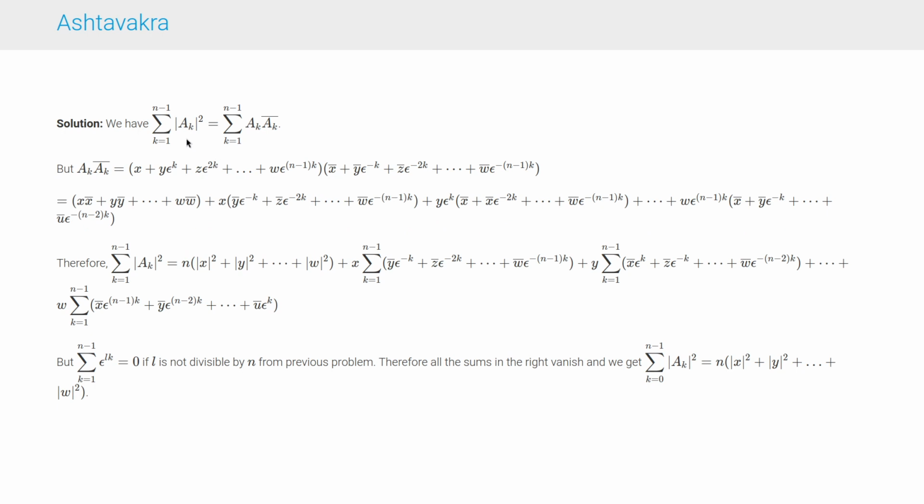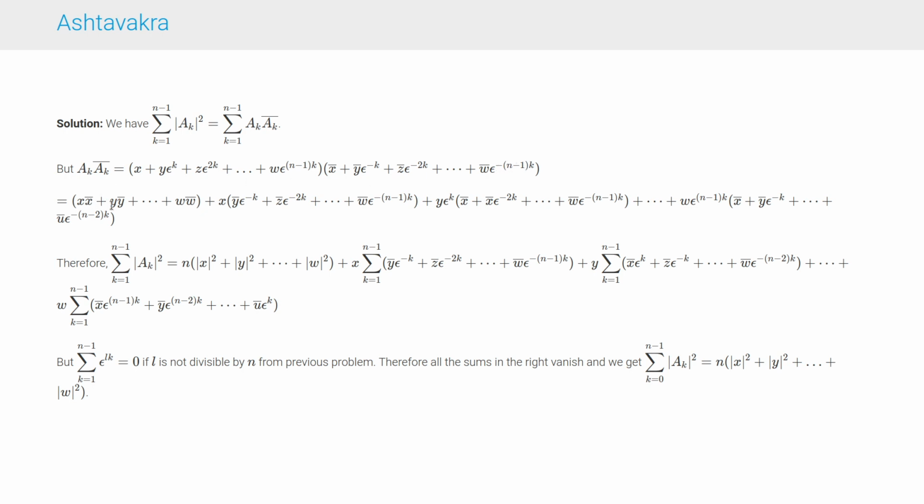So from the complex number identity, we have sigma k is equal to 1 to n minus 1 mod ak square is equal to sigma k is equal to 1 to n minus 1 ak into ak bar. But ak into ak bar is x plus y epsilon to the power k plus z epsilon to the power 2k plus so on up to w epsilon to the power n minus 1 into k, into x bar plus y bar epsilon to the power minus k plus z bar epsilon to the power minus 2k and so on up to w bar epsilon to the power minus n minus 1 into k,